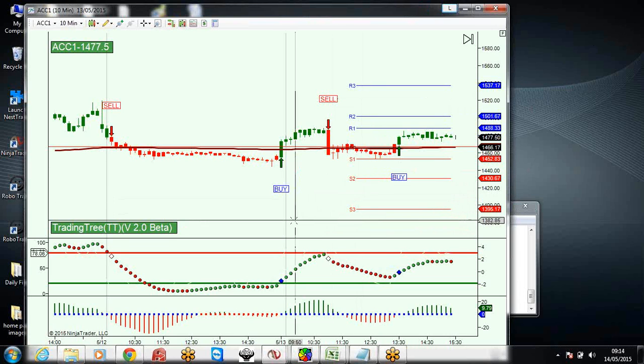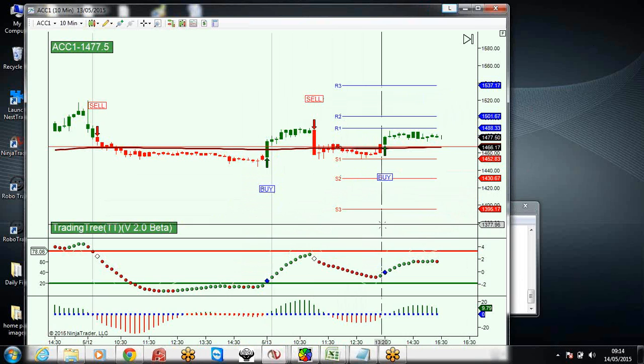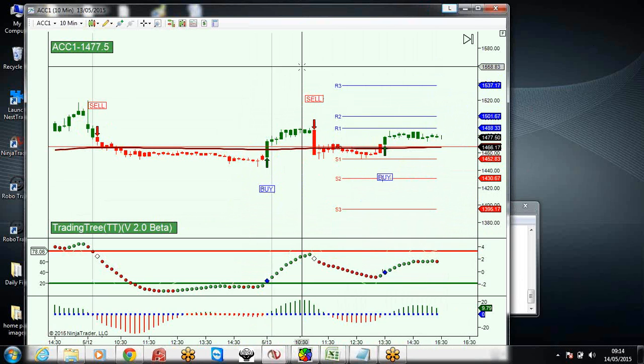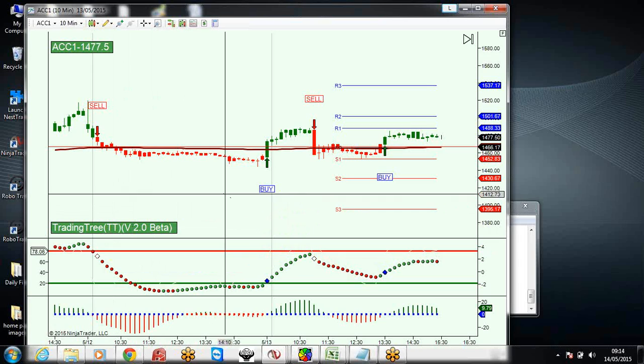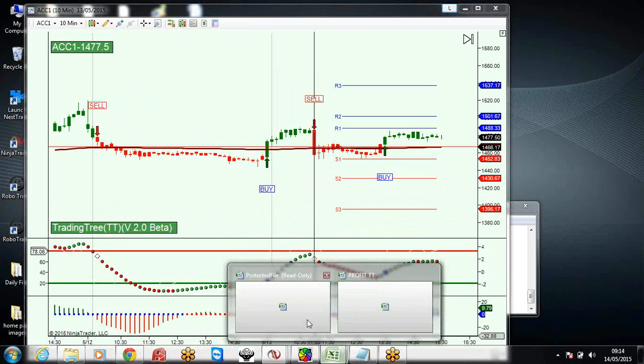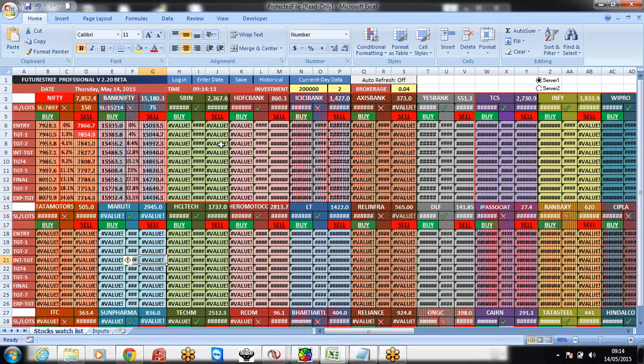So I'm just opening two applications. One is the TradingTree. What you're seeing is the TradingTree application. This is a charting software. The other application is Excel based, that is Microsoft Excel 2000 based. Here we have